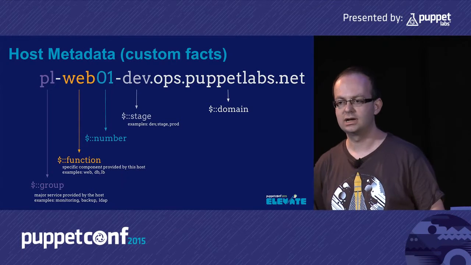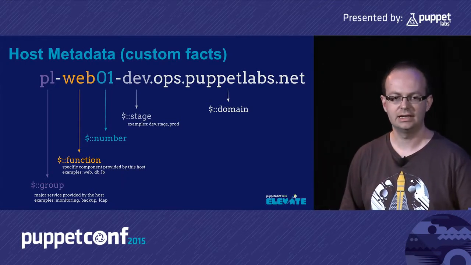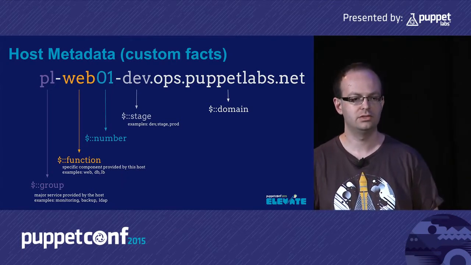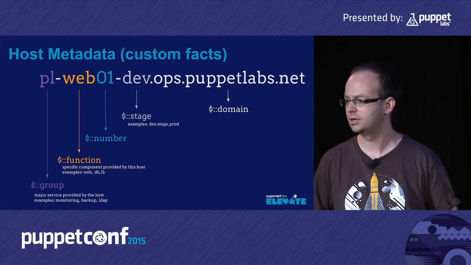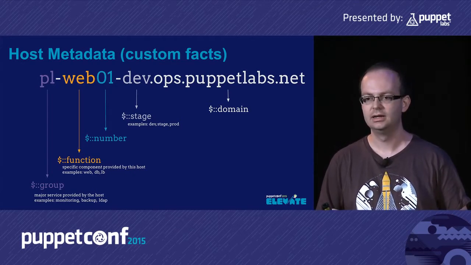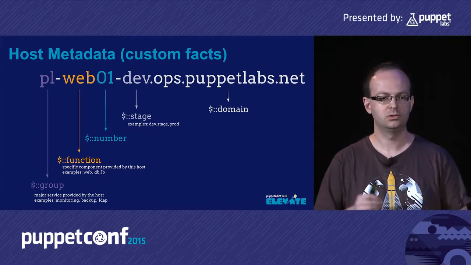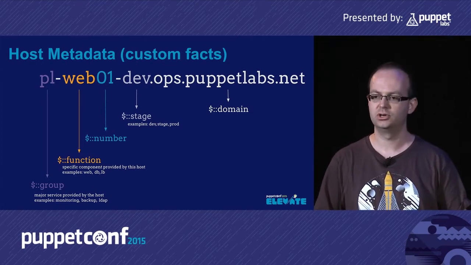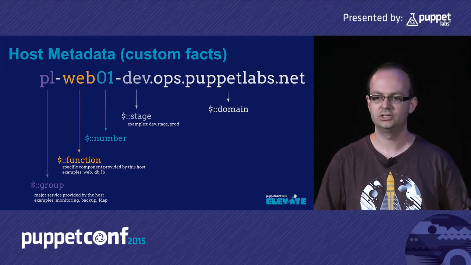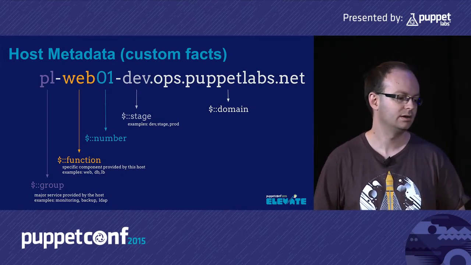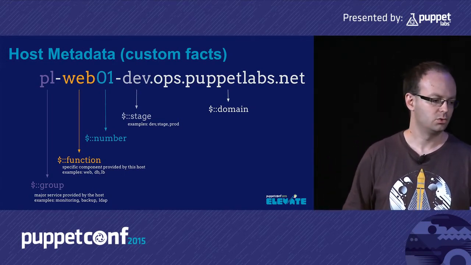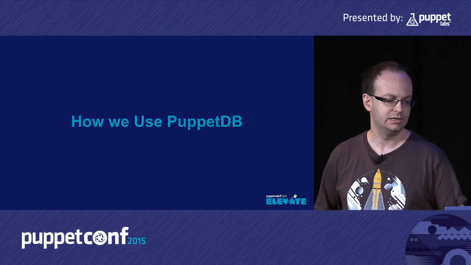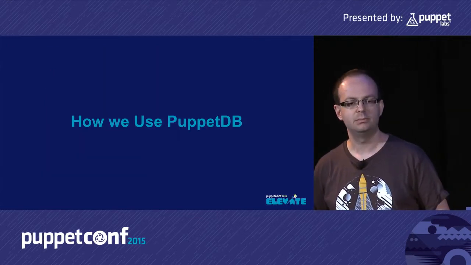So we track dev, stage, prod as a fact rather than using Puppet environments for that, because we use R10K and a branching workflow where we'll create a branch for a feature. And so everything is checked into production, but there are dev and stage nodes, and so that's how we track that. The rationale for that, I think you'll see in a moment, because the way we use PuppetDB isn't just